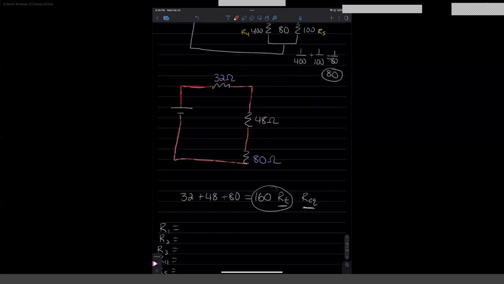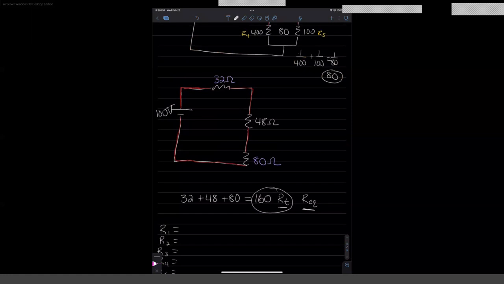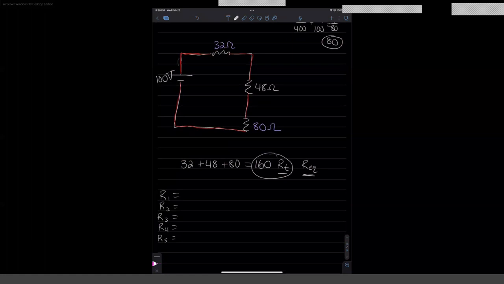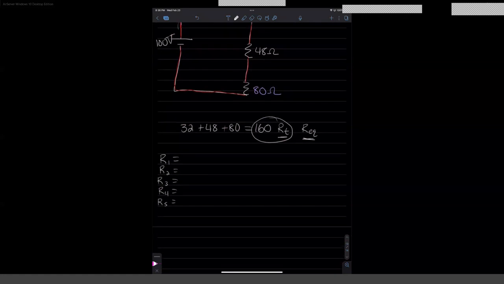I'm sorry, I'm missing a crucial piece of information on this graph. This battery has 100 volts. We didn't need it up until now, because I want to figure out how much current is going to come through each of these, right? So I want to figure out the total current. So to figure out current total, I total,